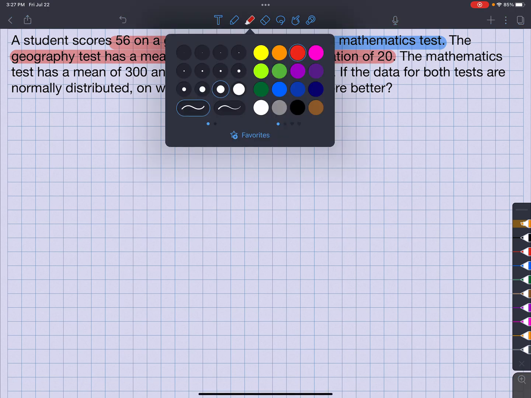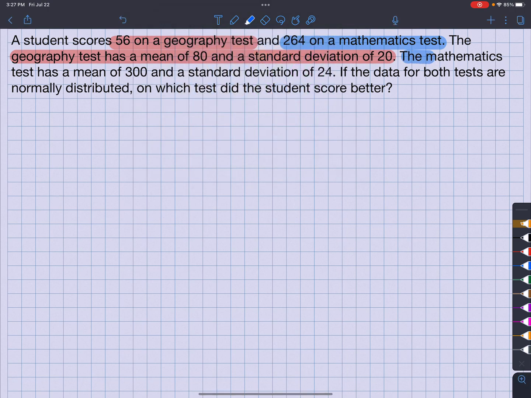The math test has a mean of 300 and a standard deviation of 24. It says if the data of both tests are normally distributed, on which test did the student score better? All right, so let's go ahead and find the z-score for the geometry test,